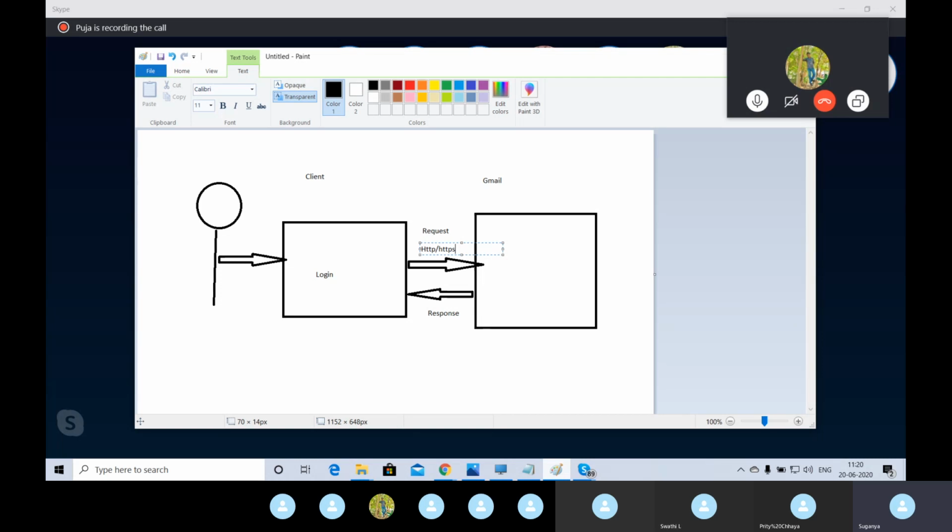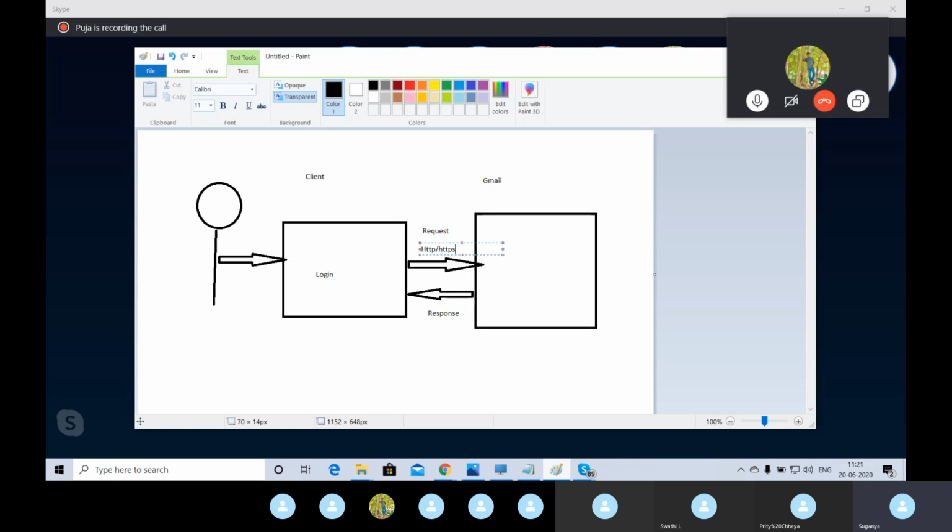Sometimes if you do not enter the username or password and click the login, will the request go to the server? No. The browser itself says please enter username or password to send the request. The browser restricts your request and asks you to first enter the credentials, then hit the login. Then only it will take your request to the server. So these are nothing but client-side validation. Client itself will ask you to perform some validation. If you are not entering the username and password and you try to login, we need to verify whether it shows please enter username or password or not.